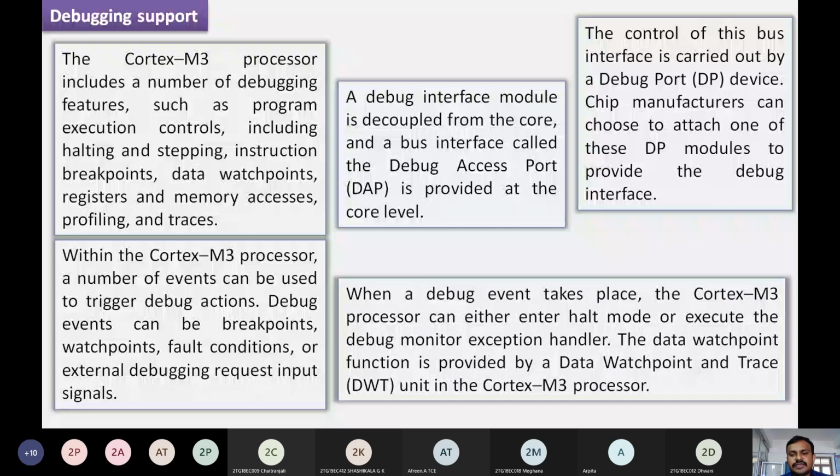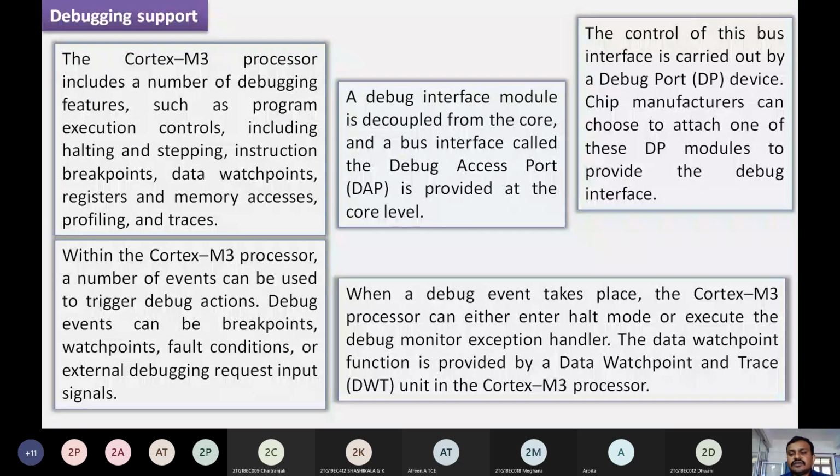When a debug event takes place, the Cortex M3 processor can either enter halt mode or execute the debug monitor exception handler. These exceptions we will discuss in the next slide. The triggers we are going to observe, we will discuss in the next slide as well.